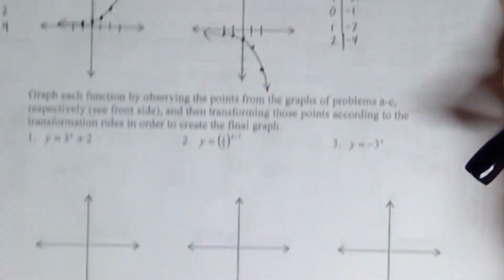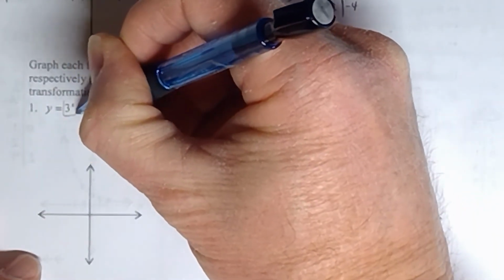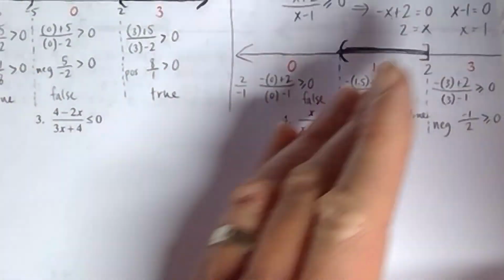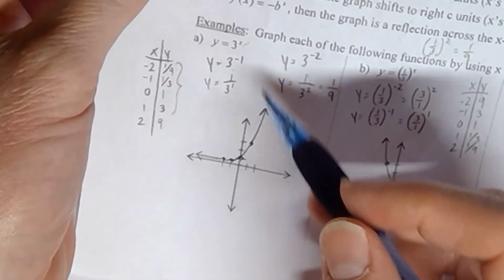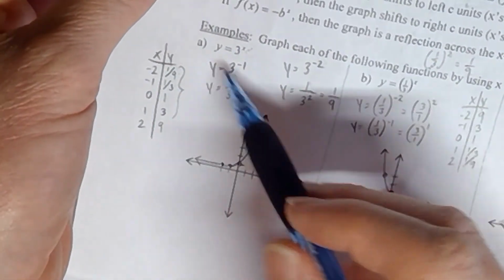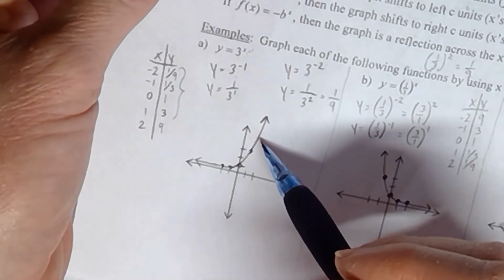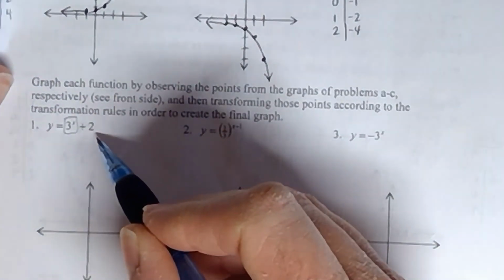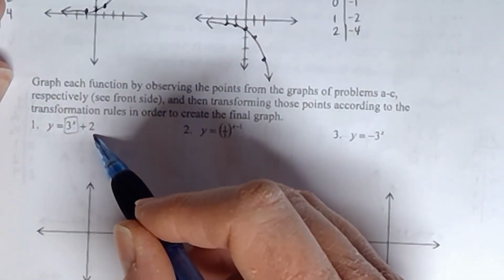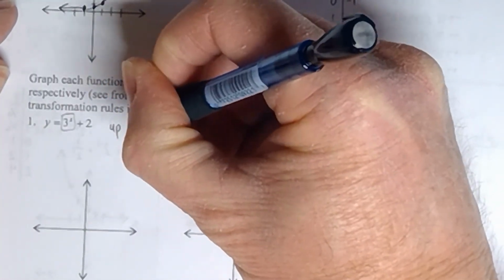you'll notice down here in these last 3 problems, this one right here stems off of 3 to the x, which was problem A on the front. So on that problem, you don't have to redo the numbers. Take these points that you already have, and what are we going to do with those? Because it says plus 2 on the outside, not in the exponent, it means that we're going to